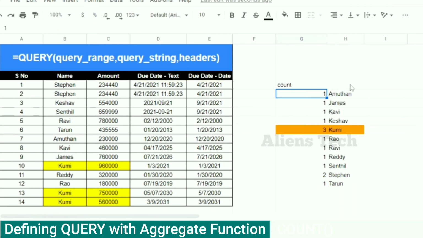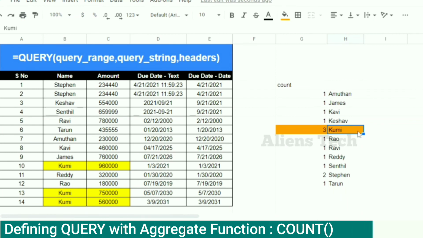You can see against Amudan I have one finding, against Kumi I have three findings, because it is counting all the names on the basis of the grouping. I am just counting the amount column only, so the B column is replicating and it is returning the count of the B column, I mean the name column. So this is how the count function also works in query.